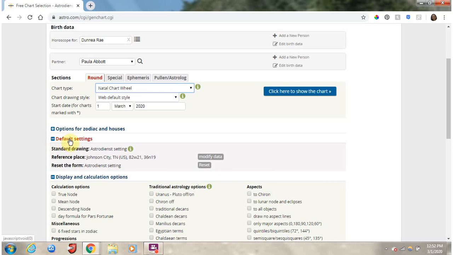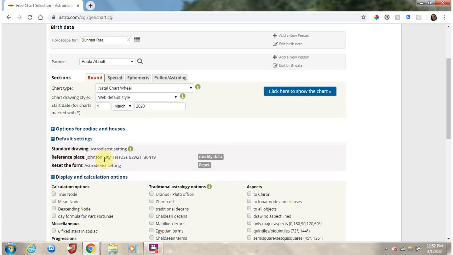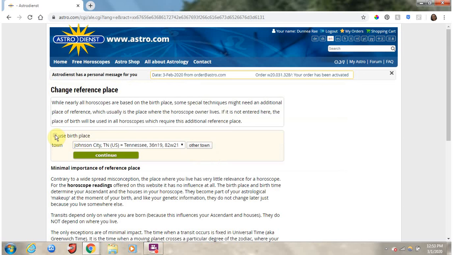Here we already have default settings toggled, but it may appear like this to you where you don't see any drop down. Just click on Default Settings, and you will see the reference place come up with your place of birth. If you were somewhere else at your solar return, you need to click on Modify Data. When you click on Modify Data, it will open up this option to either use your birthplace or enter the town where you were. You can click Other Town if it's somewhere else. I will just hit Continue